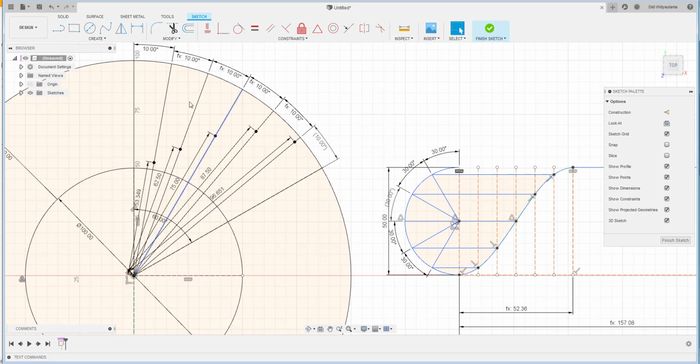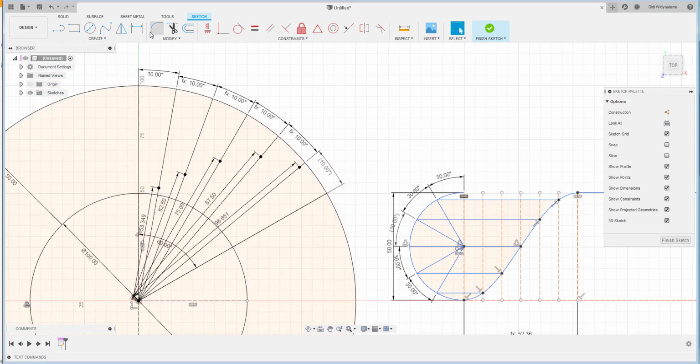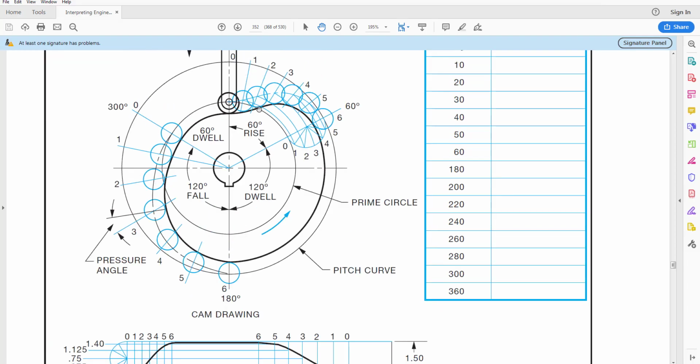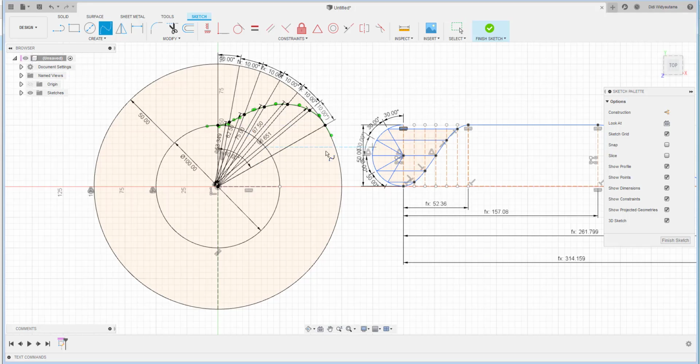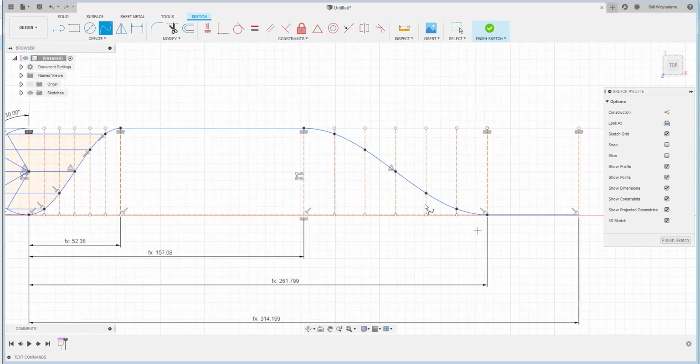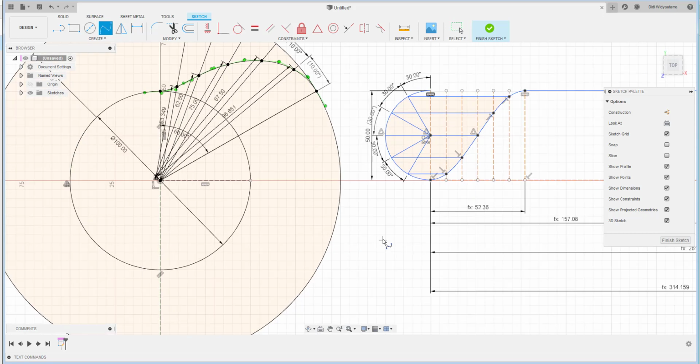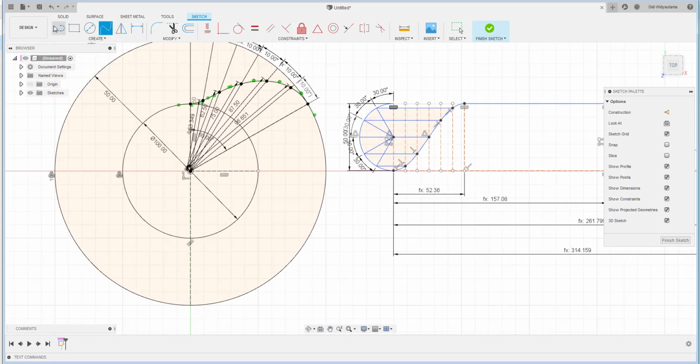Okay, so this is the dot, and then we just connect from here to here, here. Okay, so this is the shape. If we look at here, this is the shape of the cam, and then we continue with the drop area. This is the lift area, and we continue the drop area from this one until